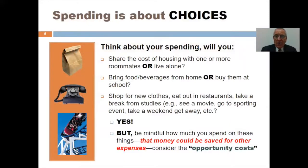Will you or are you sharing the cost of housing with one or more roommates, or are you living alone? If you're living by yourself, you are likely spending more than if you were sharing the cost of housing with someone else. And by sharing, we don't necessarily mean you're sharing a bedroom, but a 2-bedroom apartment is not twice as expensive as a studio or a 1-bedroom. Plus, when you have roommates, you're also sharing other costs like utilities. Perhaps you're sharing in some of the food costs. So again, sharing the cost of housing with someone else or other people can reduce the actual cost to you